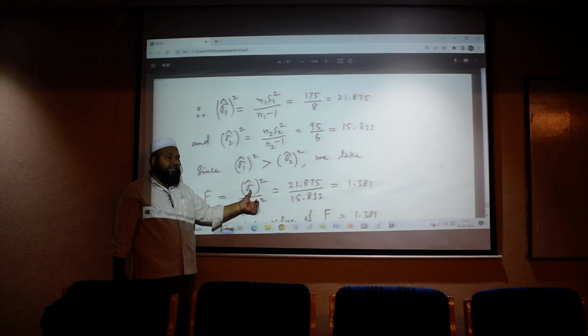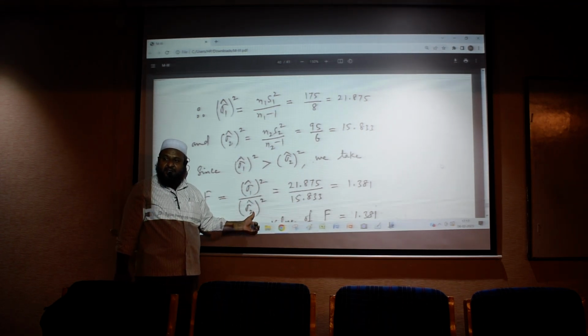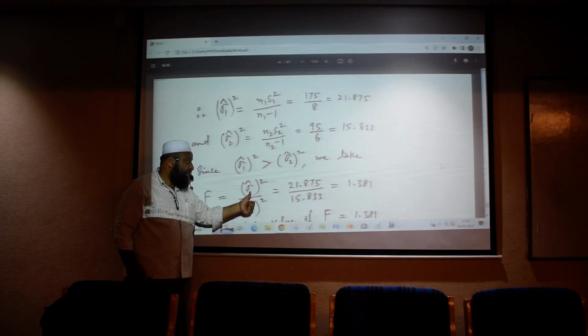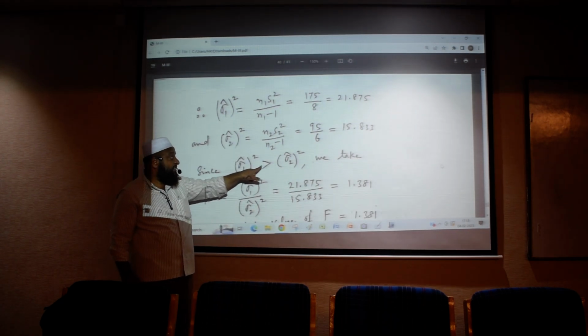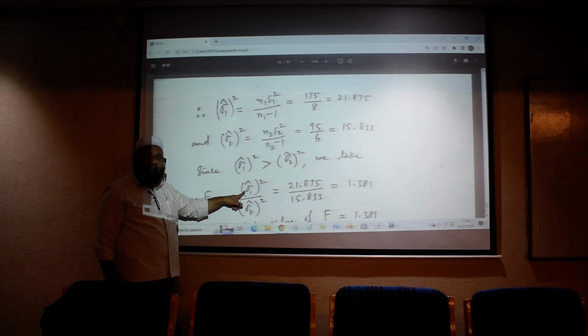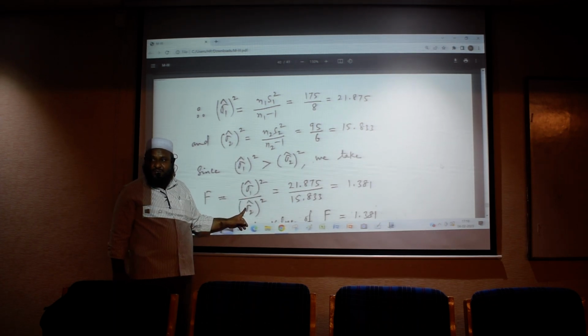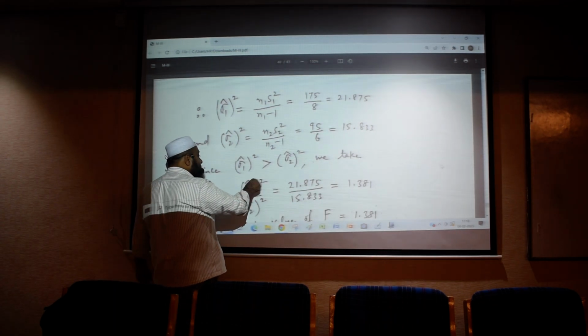The f-test is sigma 1 cap square by sigma 2 cap square. You only have to see which is bigger and which is smaller. Since this is bigger than this, I am taking the bigger value in the numerator and the smaller value in the denominator. If this comes out less, then it will become sigma 2 cap square by sigma 1 cap square. Then the question comes, what is sigma 1 cap